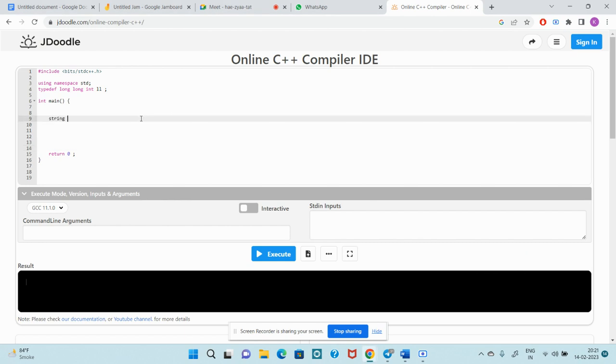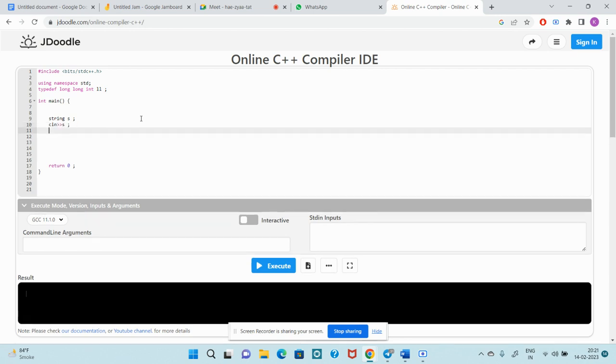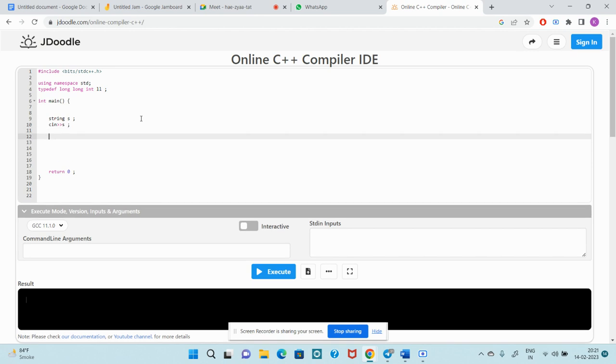Why am I writing this, guys? Because I know there are beginners in my mentoring. That's why I'm writing the basic code. So, simple thing, guys. Just take the string. Now we have to take all the pairs of numbers in the string and then check if this substring is